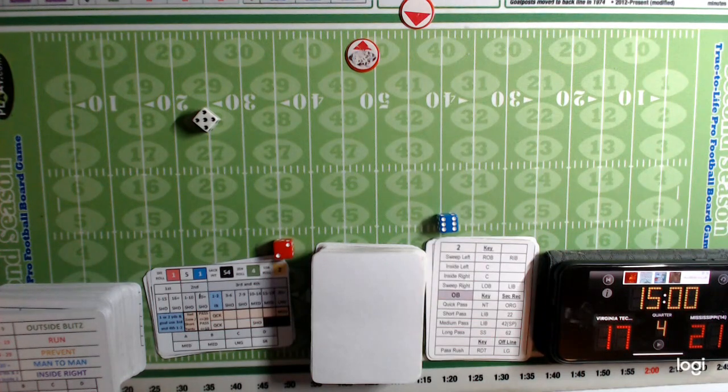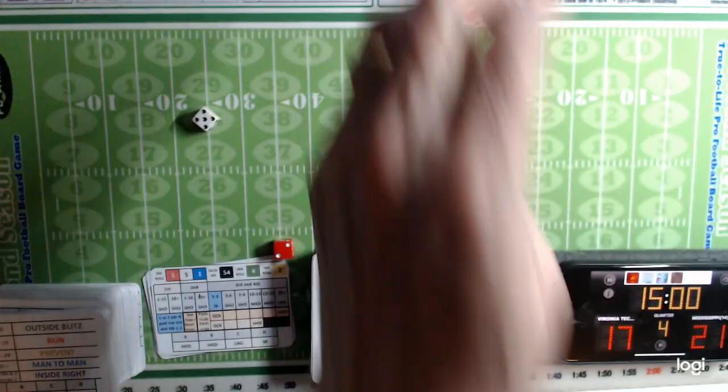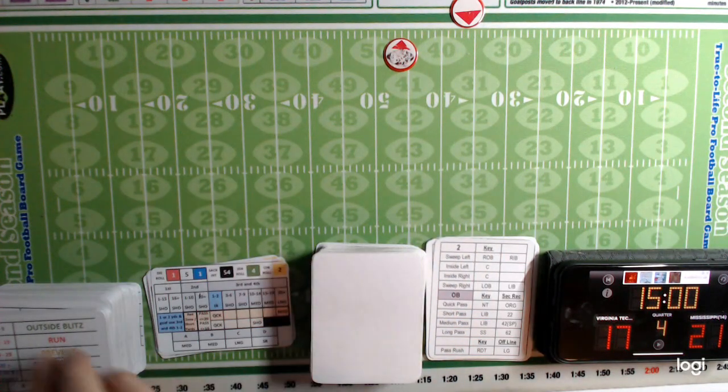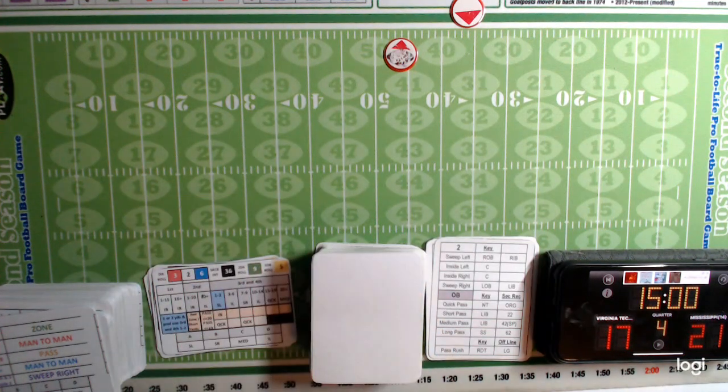So 1st and 10 at Mississippi's 46. So inside Mississippi's territory at last, Virginia Tech. And they're going to keep it on the ground. They're going to go inside right, and that is going to go to Darren Evans,